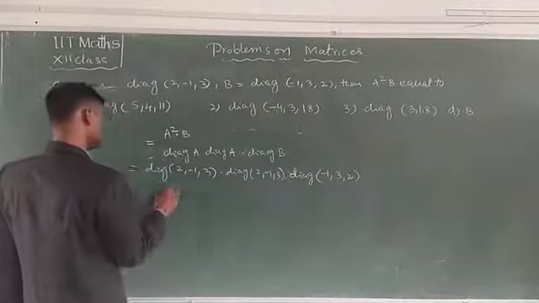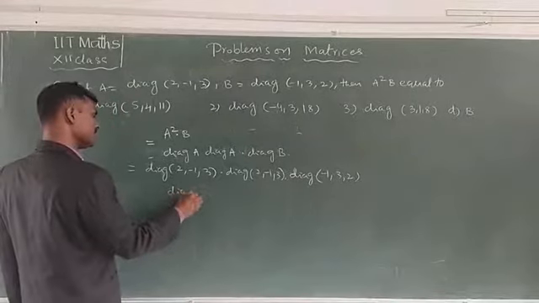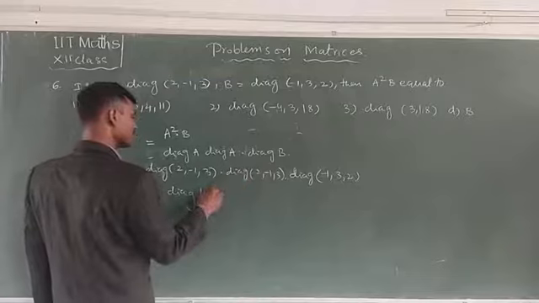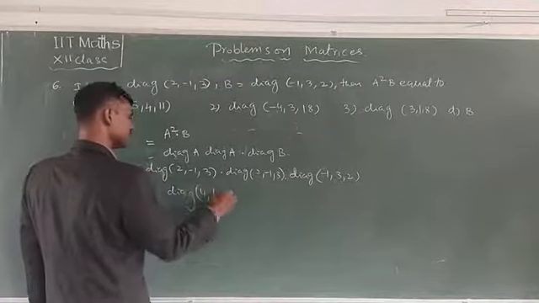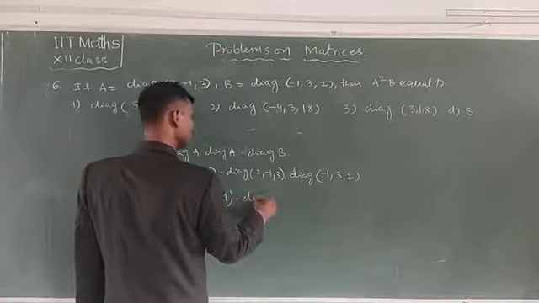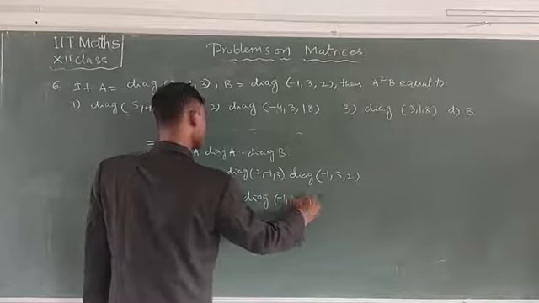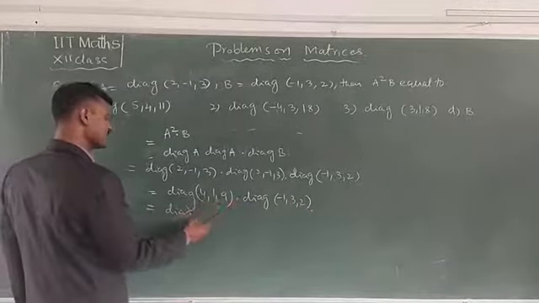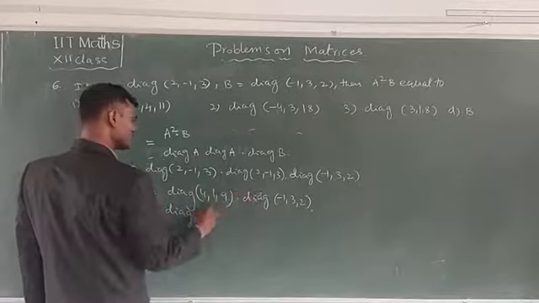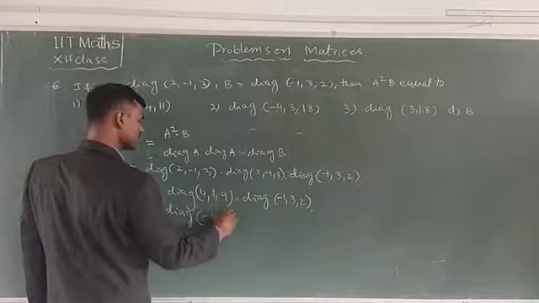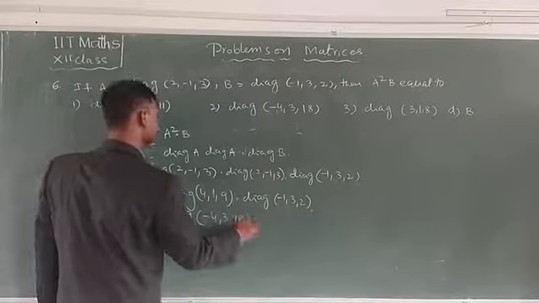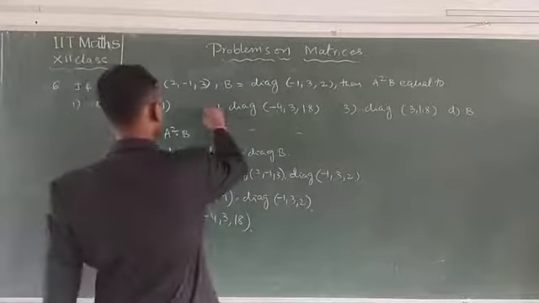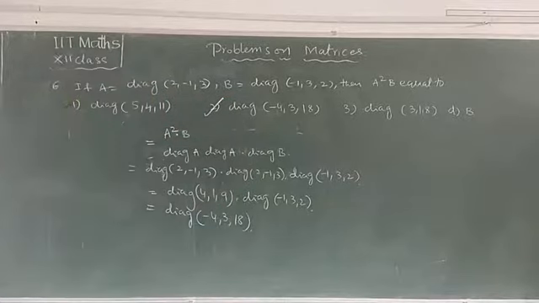Now see here, diagonal of A means 2 into 2, or -1 into 1, plus 3 into 3, that is 9, into diagonal of -1, 3, 2. Now diagonal of A squared into B is 4 1s are 4, -1 3s are -3, 2 into 9 is 18. Now check: diagonal of 4, -3, 18, this is the second option. Note down.